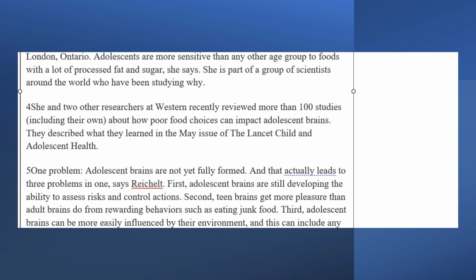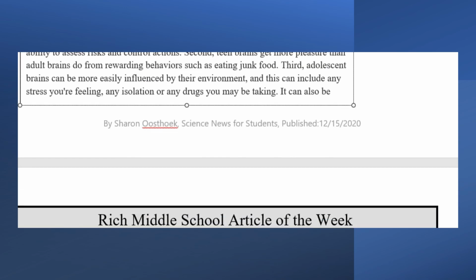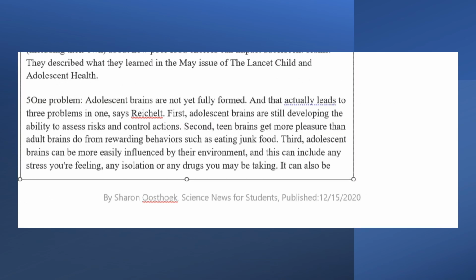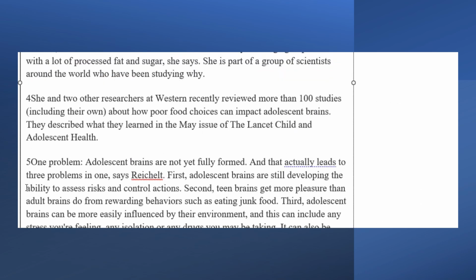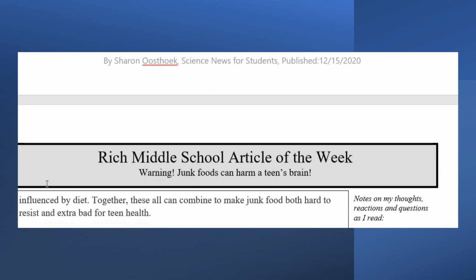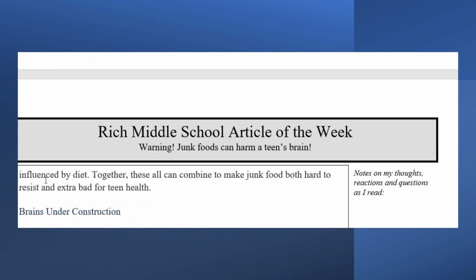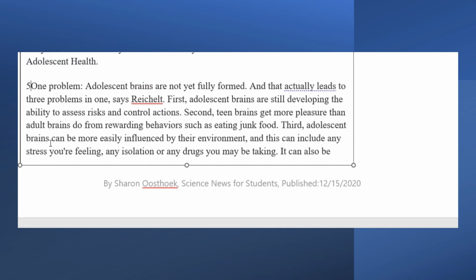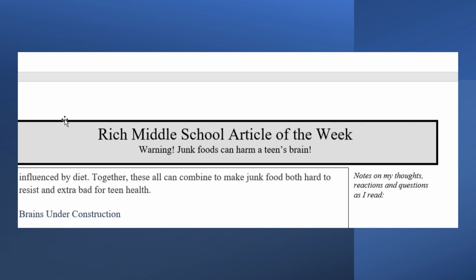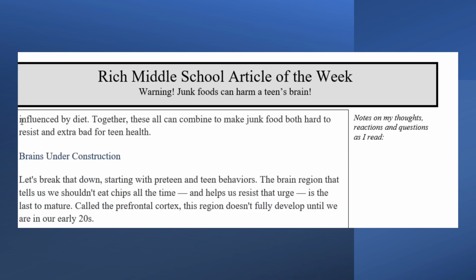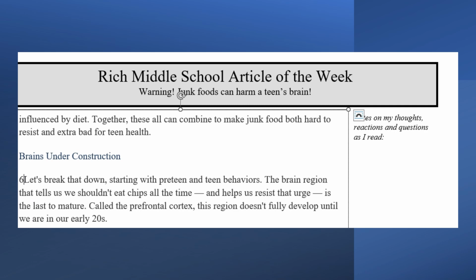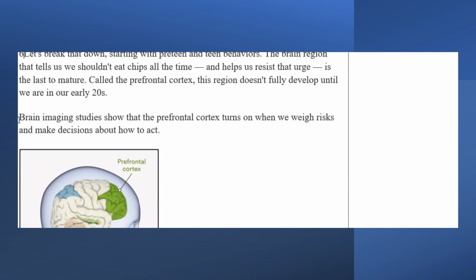4, 5. Let's go down. But also make sure, see how this is number 5 right here? There's a gap in here, so that's where you go 4 and 5, right? But right here, there's not a gap. This paragraph right here is still part of this paragraph right here. So you don't put 5 and then 6 right here. 6 is this one right here, okay? So we have to keep going down. 6,